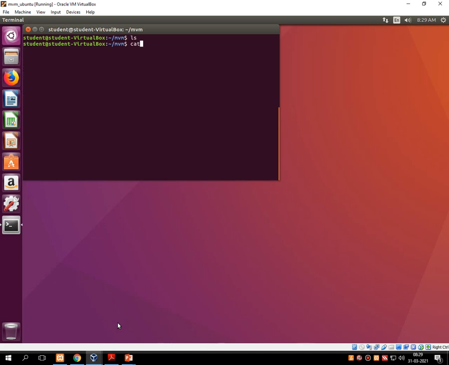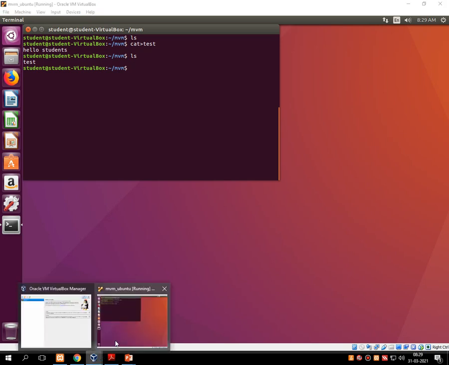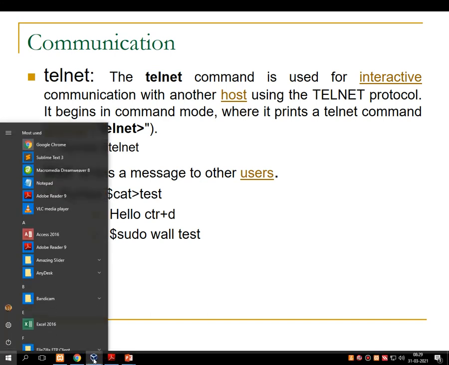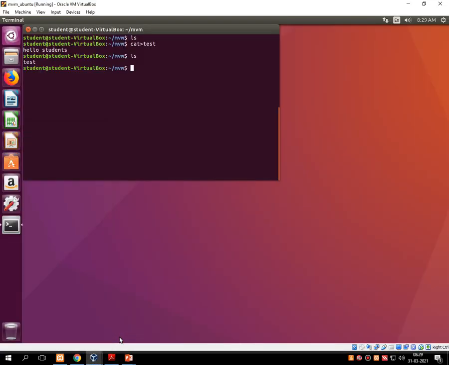So first I have created a file called test, and in this test I am storing the content hello students. Save it with Ctrl D. As we can see, the test file is created. Now write sudo wall test.